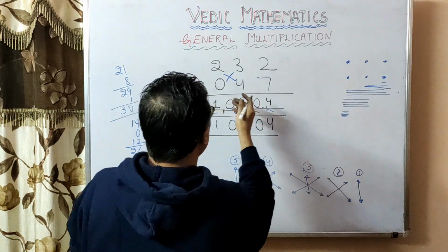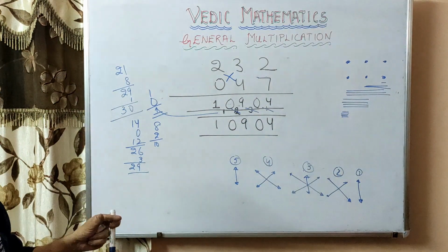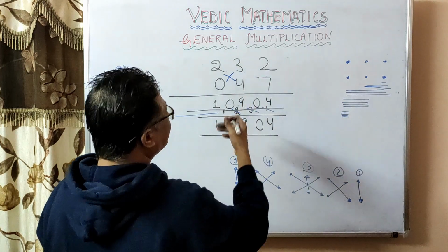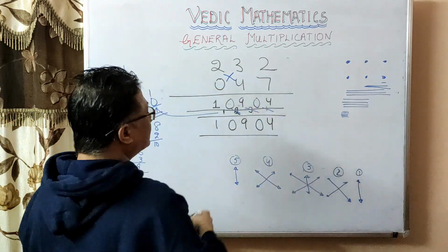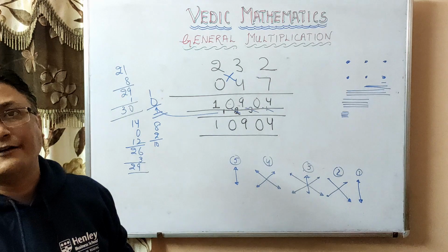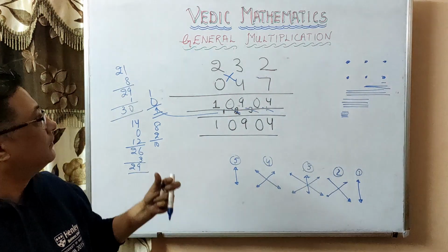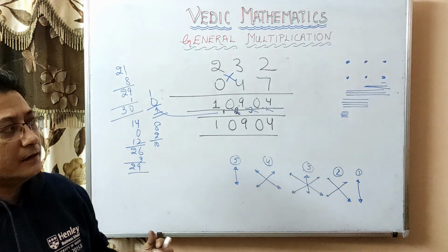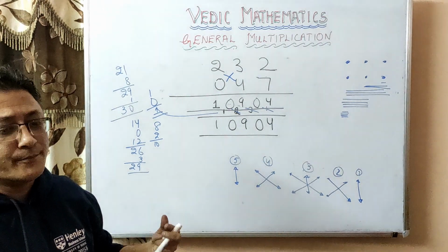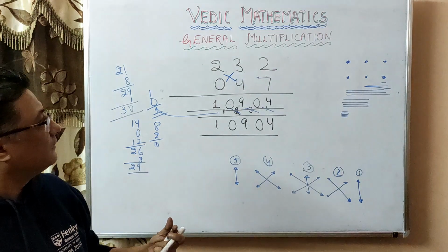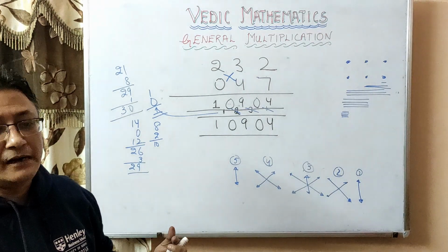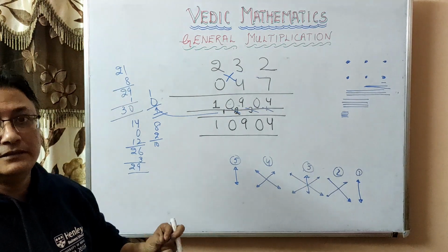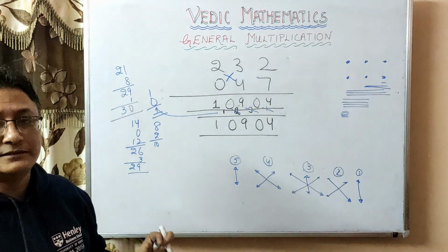So using this method, you can multiply the numbers even if the digits are not the same. You just have to substitute with a 0. So I hope that you have understood this topic, and if you practice more and more at home, you will become at ease with this method and you will be able to solve any multiplication within seconds.